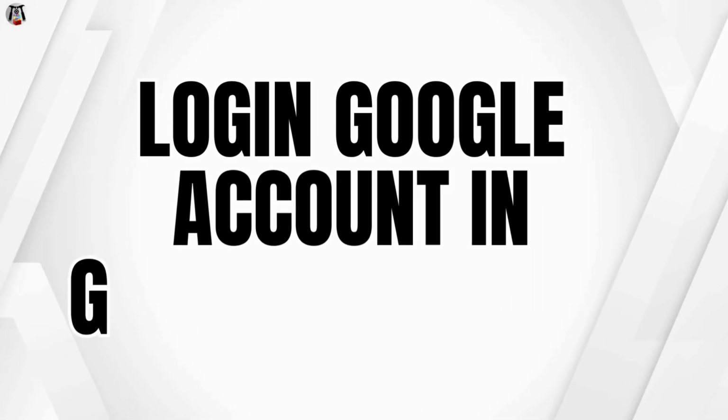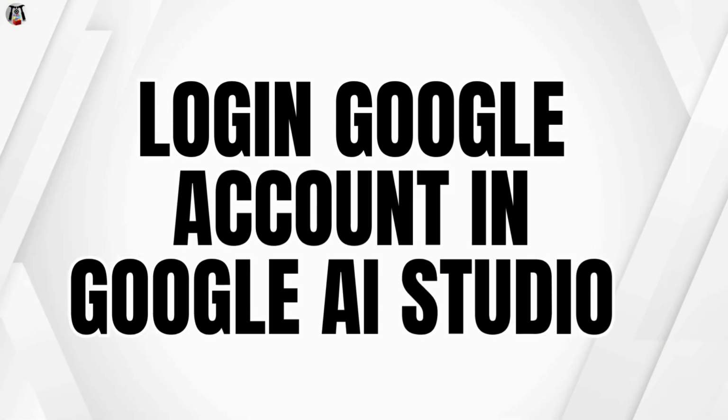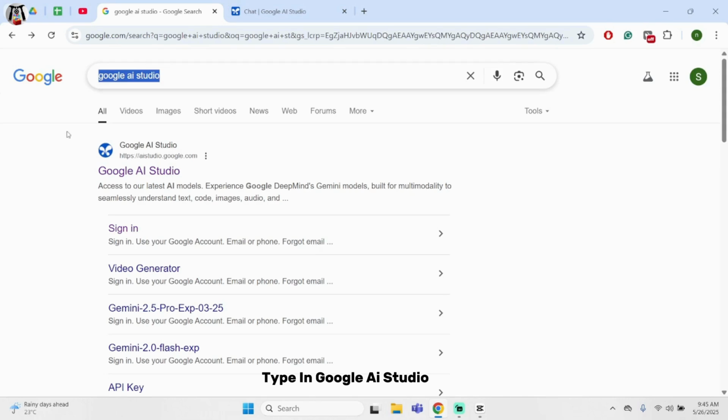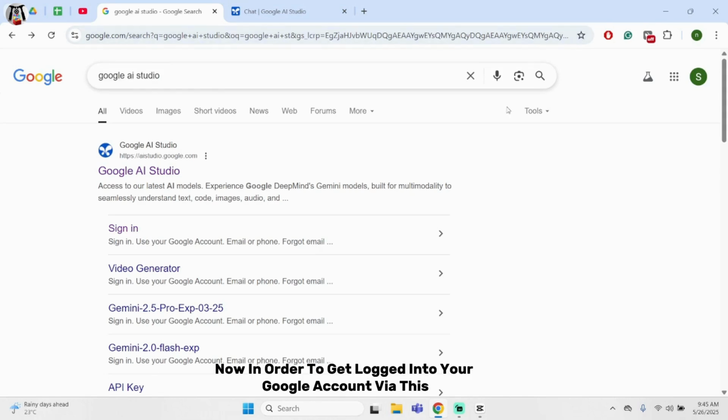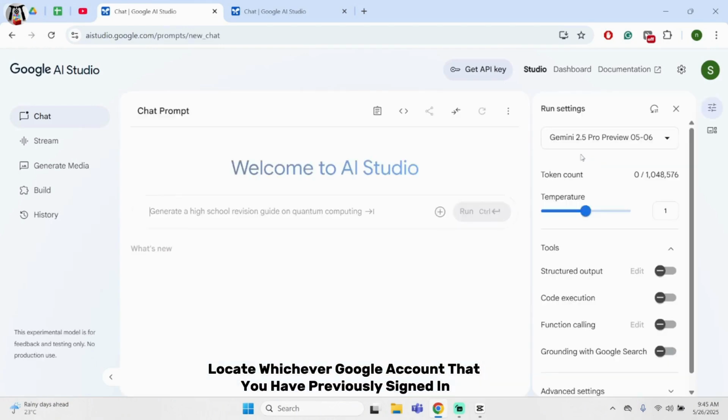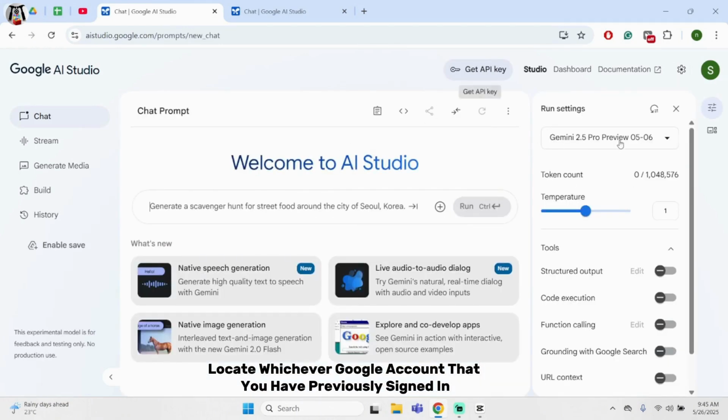Today in this video, let's learn how to log in to Google AI Studio using your Google account. First things first, open your browser. At the top search bar, type in Google AI Studio. Now, in order to get logged into your Google account via this, you have to simply click onto the first search result. Just as it is, it will automatically locate whichever Google account that you have previously signed in,